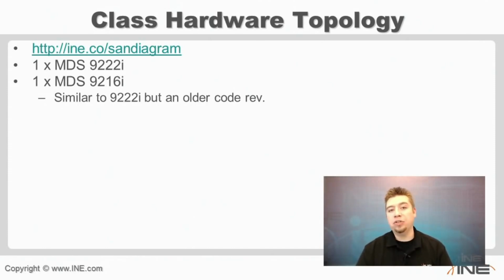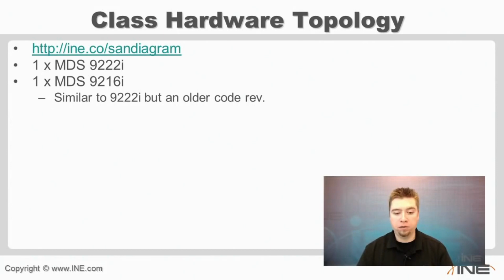You could use 9216s, or you could use some of the other platforms. Really, the key here is the lowercase I at the end, which means that it does have IP storage features as well. So it means that we can take our iSCSI traffic and convert it into fiber channel, or we could take our fiber channel traffic and convert it into FCIP in order to go long distance storage over the